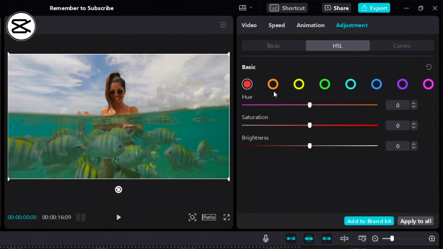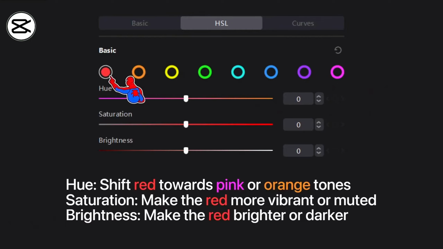And right now, I'm going to show you how we can color grade a video by playing around with these 8 colors. But first, I need to show you what each of these colors will actually do. So the first color is red. Now for hue, if we slide it towards pink, that means the red colors in your video will look more pink. And if we slide the hue towards orange, that means the red colors in your video will look more